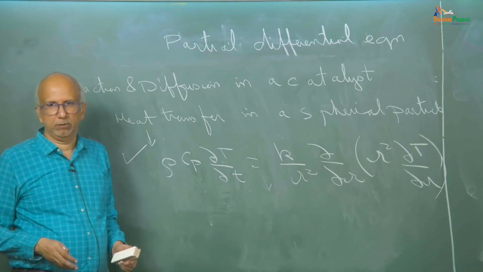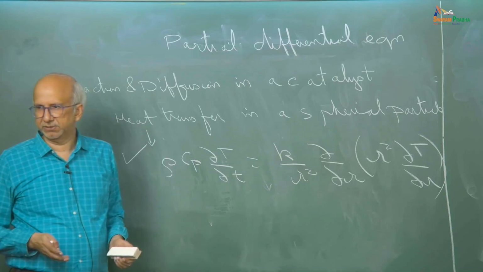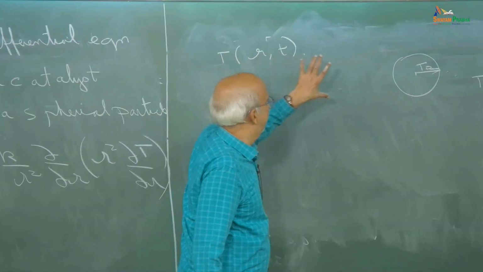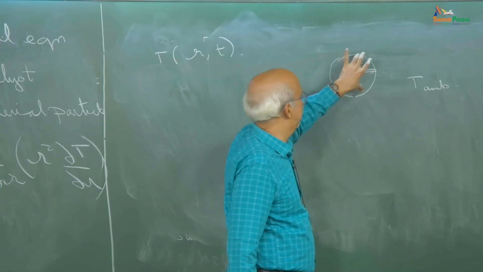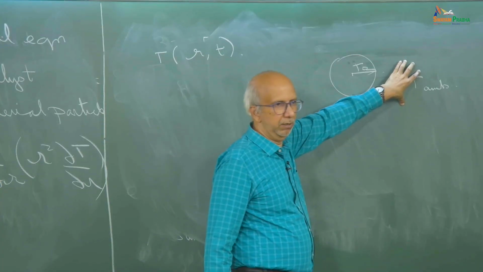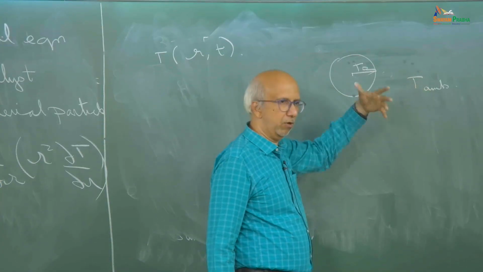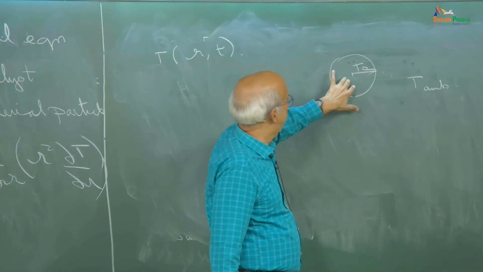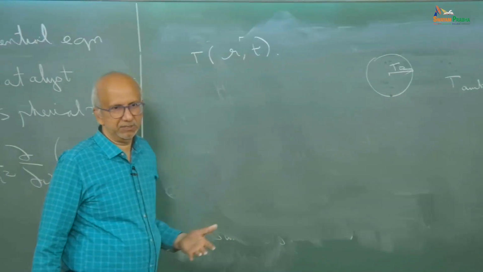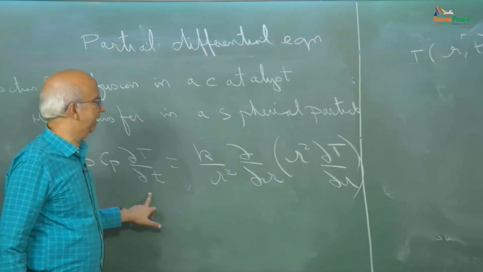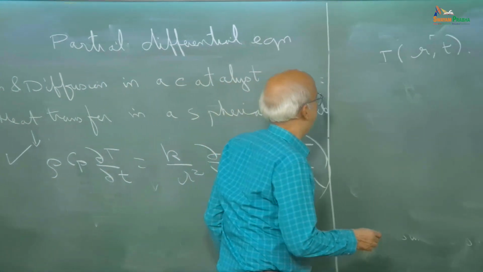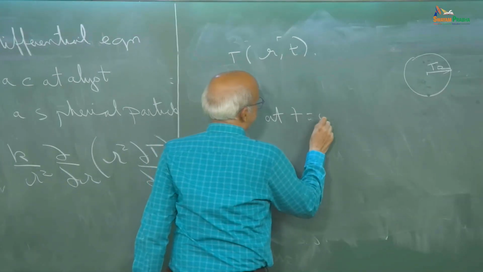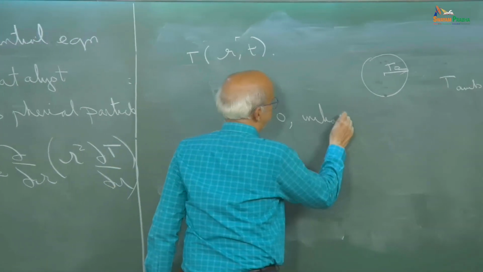Okay. So, this has to be solved subject to some boundary conditions. So, the physical problem is a particle at a high temperature being placed in a cold liquid, losing heat. It could be the opposite, cold particle in hot, no problem. Okay. And we are interested in finding out how the temperature changes. For that, you write the energy equation, and you have to solve it subject to some boundary conditions and initial conditions. At T equal to 0, this is the initial condition,